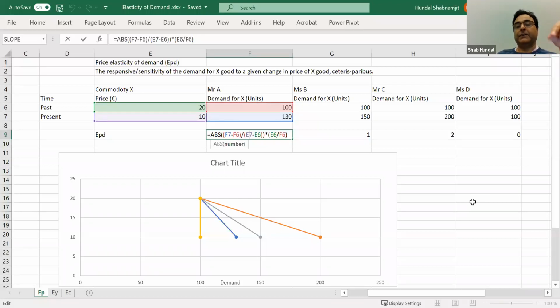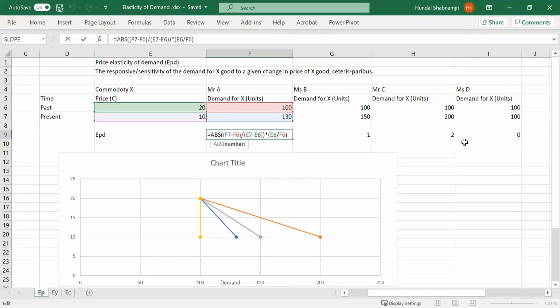And if you remember, I took some funny letters, ABS, to begin with. This is the representation of the absolute value, because I don't want to consider the negative sign. If I consider the negative sign, the interpretation would be totally upside down. You know that 4 is higher than 2, but minus 4 is smaller than minus 2. So in order to make this interpretation more comparable, I'm ignoring the negative value on purpose, because if you include the negative sign, there's a mathematical property that makes the whole interpretation totally haphazard.